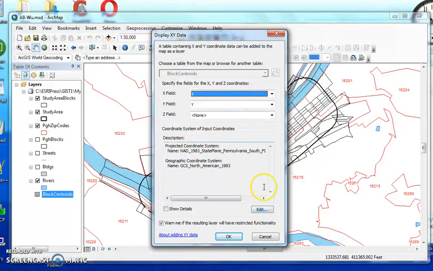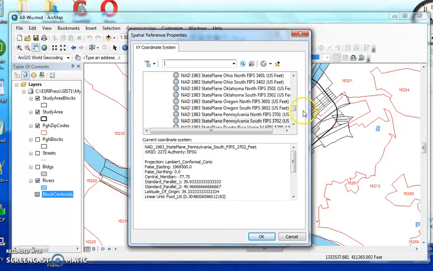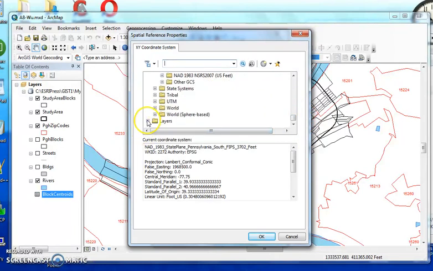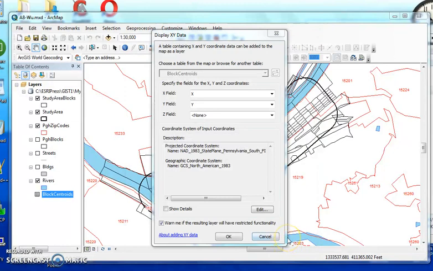You can easily get it from the library of coordinate systems. Go to layers. Well, let me just show you here then. Edit, and so it allows me to choose the right coordinate system. The wise way to choose is it has to be in the same as one of those, right? So you just pick it from here. That would be simple. Of course, you can also pick it from the library up there. So if you pick it and say OK, now you have set up to use the state plane, and if I say OK, then it would work through that table and generate a BlockCentroids event,